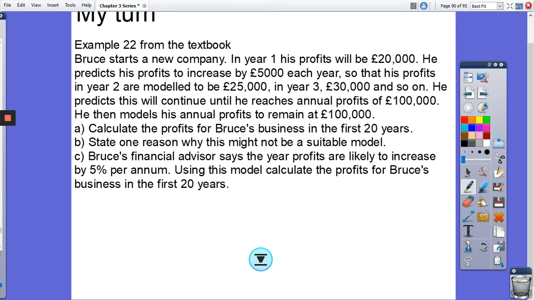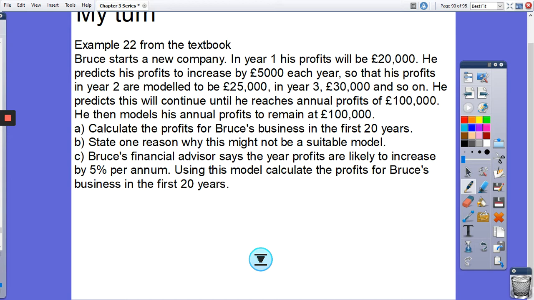And then he thinks each year his profits are going to go up by 5 grand. So in the second year he reckons he'll get 25 grand. Third year he'll get 30 grand, etc., until he reaches 100 grand. At that point, he'll keep on making a profit, but his profit won't go up, and he will keep on making